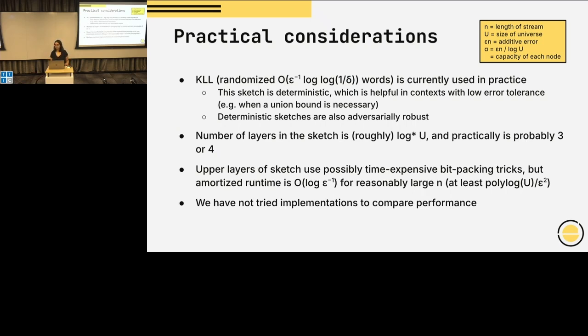But again, log n factors aren't obviously that big. Log n is probably like 5 or something, at most. So it's very unclear to me if the factor of 5 matters that much compared to the other constants, but also maybe it does. Maybe the other constants in both our algorithm and KLL are just not that high. So yeah, I don't know if it'll work better in practice. I think it would be cool to see someone try. I don't know how to implement things well enough to be the one to try. And yeah, I guess that's the end of my talk.